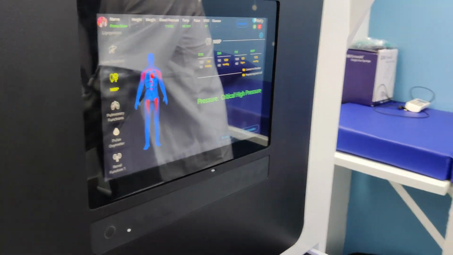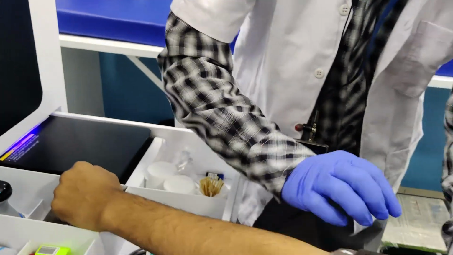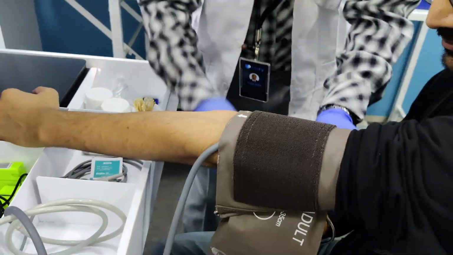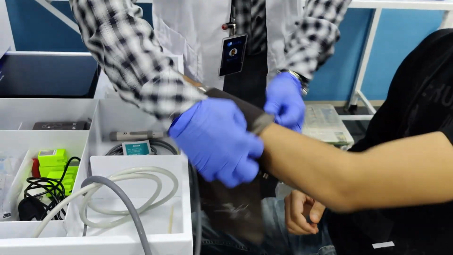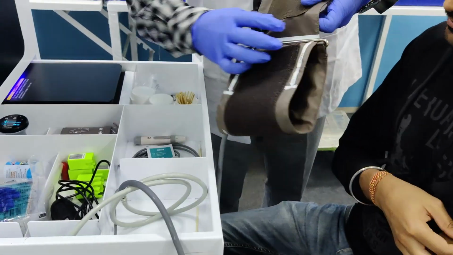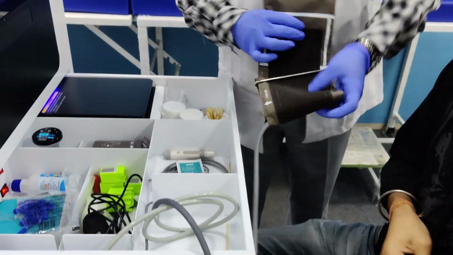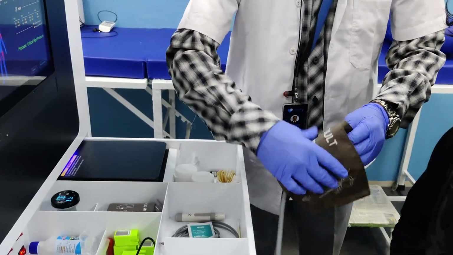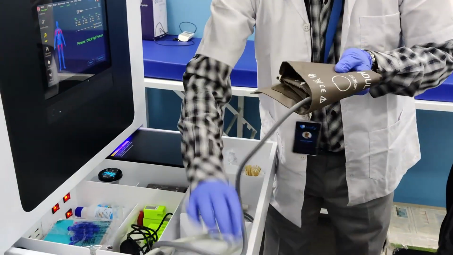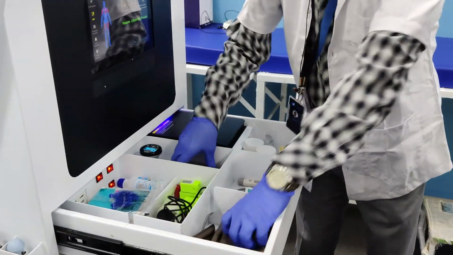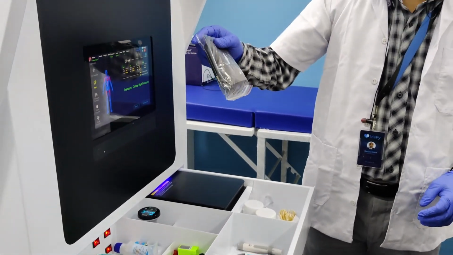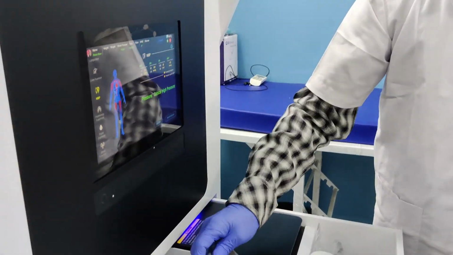Now I'll open this. From a blood pressure cuff point of view, we have got two versions of it. One is an adult cuff, and second we have also included a pediatric cuff in this particular device.